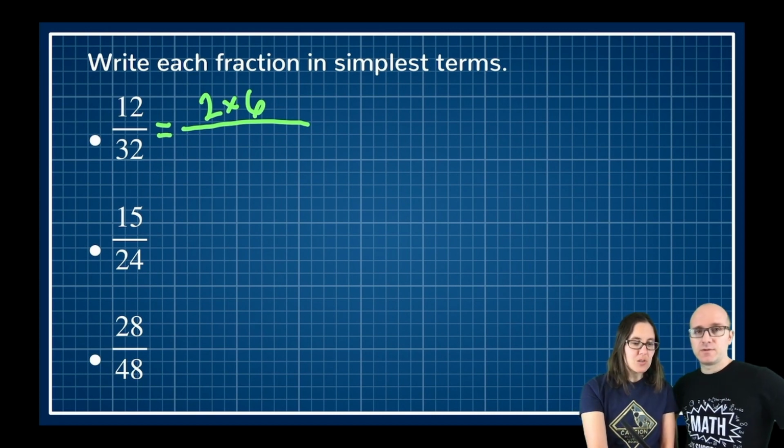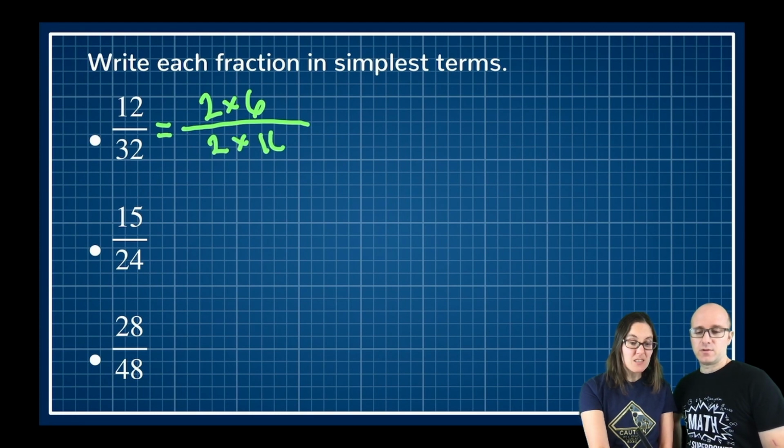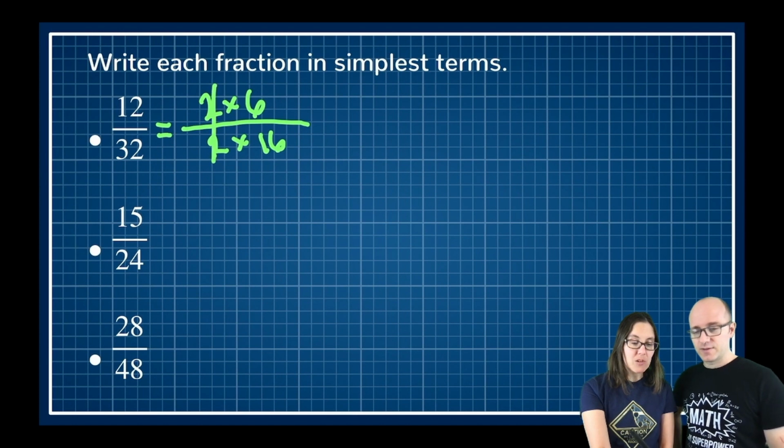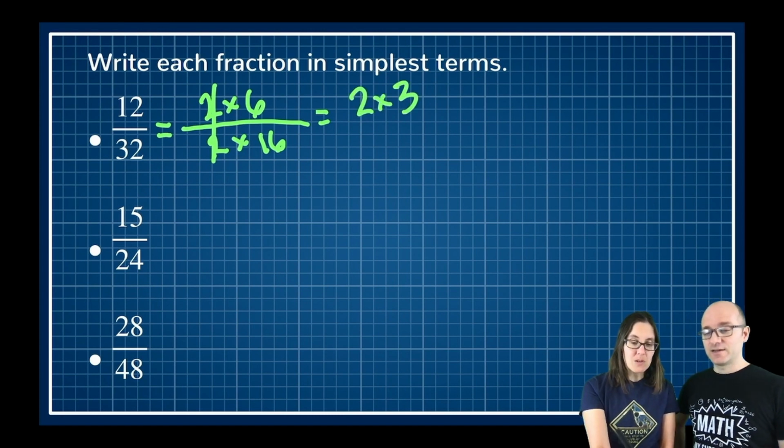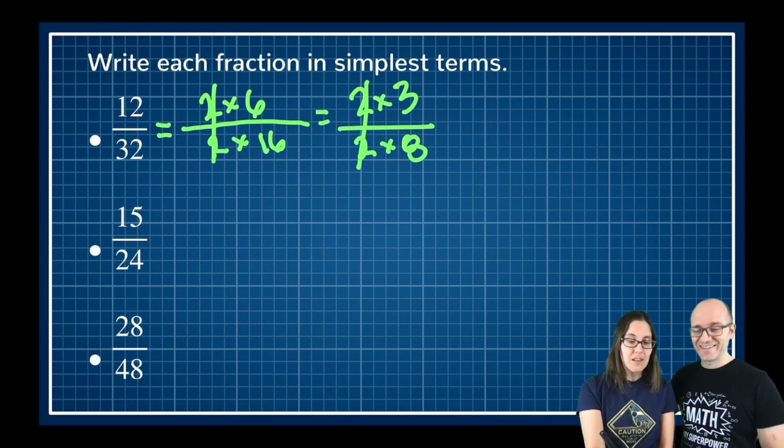And 32. So is there a 2 or a 6 that would go into it? Because otherwise, 2 times 16 is 32, but then I can get rid of the 2's, but then I still have 6 over 16, and then I can say, wait, those are divided by 2 as well. Aha. 2 times 3 and 2 times 8. And then if I take out that second set of 2's, then I get 3/8.